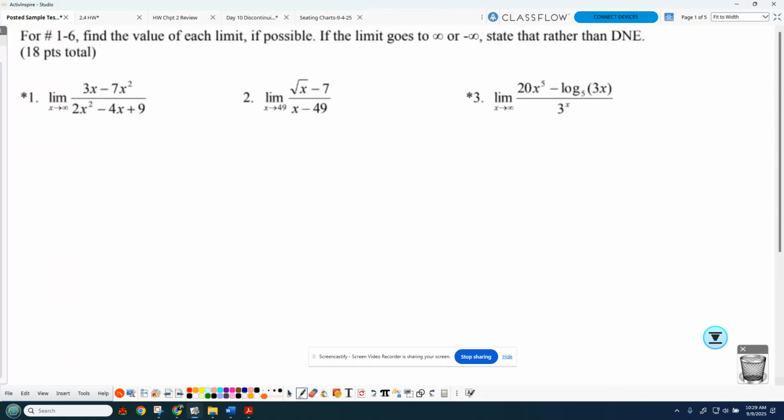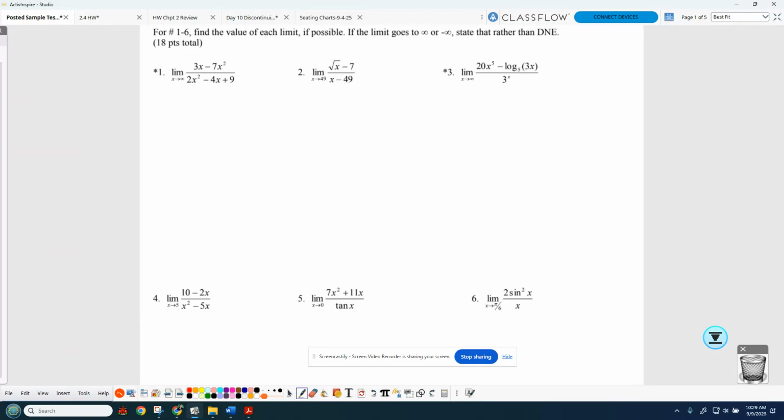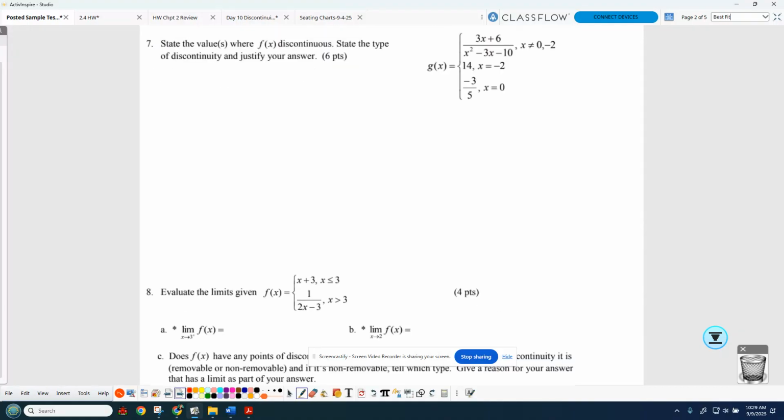Being able to evaluate limits at the infinities, at numbers, be able to show work if you need to, know your unit circle, know the limit as x goes to 0 of x over sine x or sine x over x. Those go to 1, but at infinity, that's a different question. So be able to evaluate limits, be able to determine discontinuities given a piecewise function, and